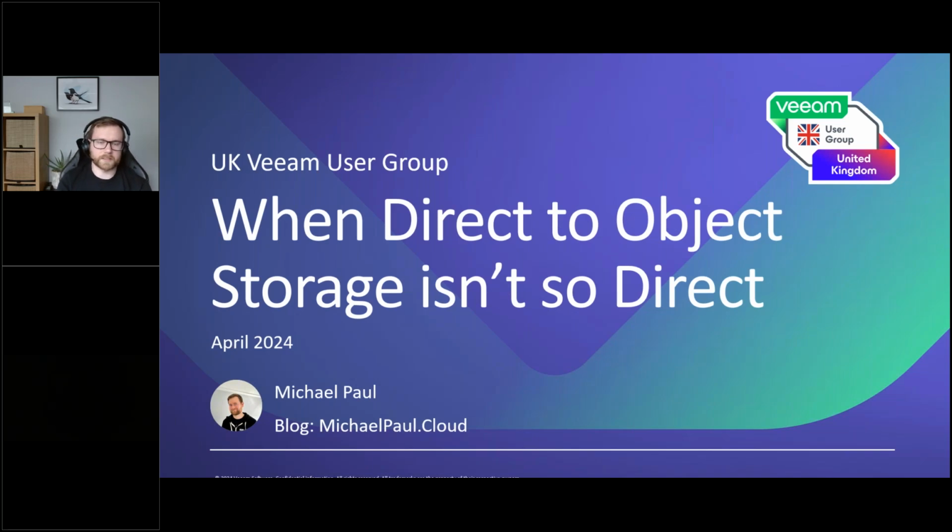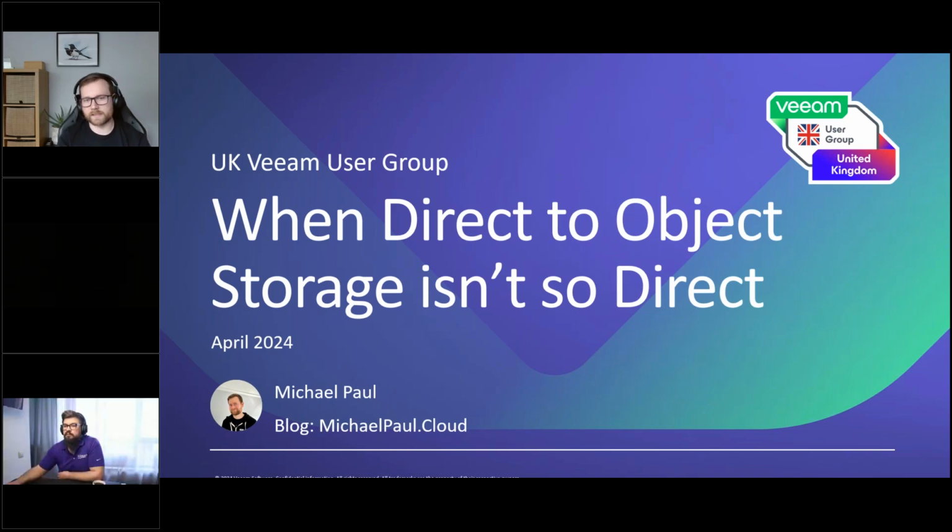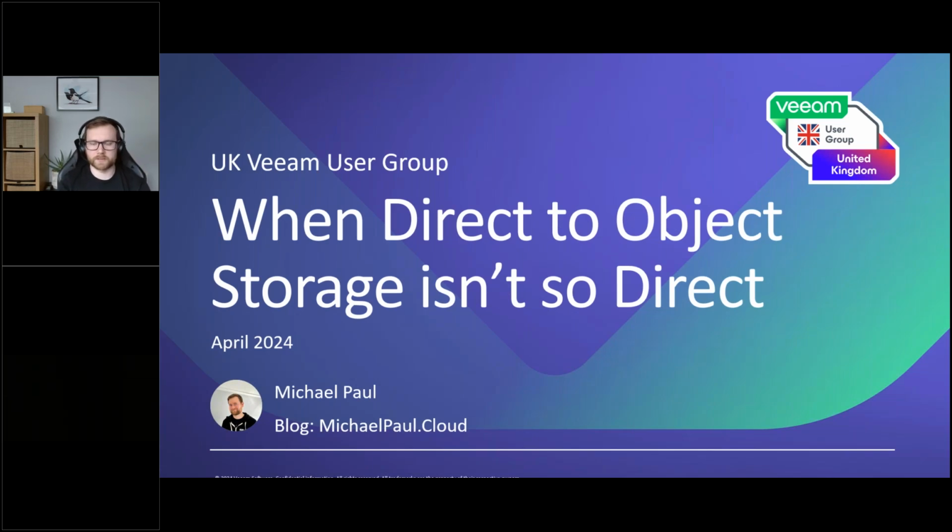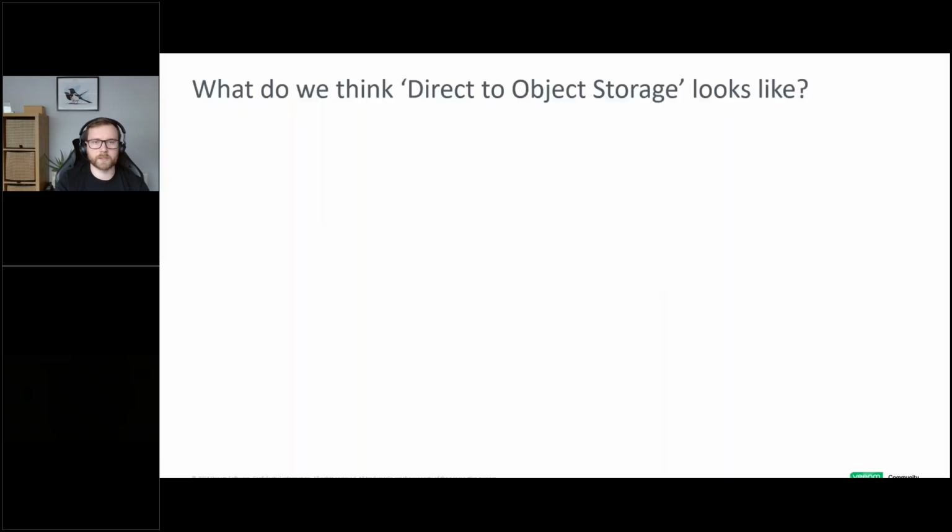In most workloads, you can utilize object storage directly. There are, of course, a few caveats. This is the original release, but for the most part, no more tiering to block storage first. Object storage is a first-class citizen as such. So, let's be honest, this would be the world's worst presentation if there wasn't a gotcha that I wanted to talk about. We'd call it a day and move on to the next presenter, but there is a gotcha, and this is going to be the focus of today's topic. Sometimes the phrase direct to object storage is misleading, and let's get straight to it.